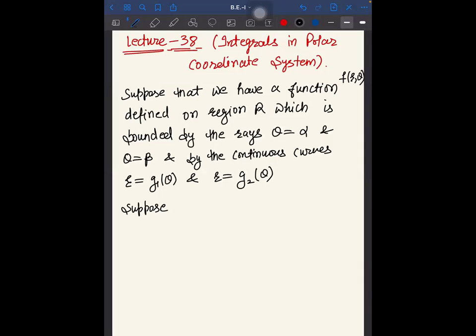Suppose that g1(theta) is positive, g2(theta) is positive, and g1(theta) is less than or equal to g2(theta), and it is less than or equal to a